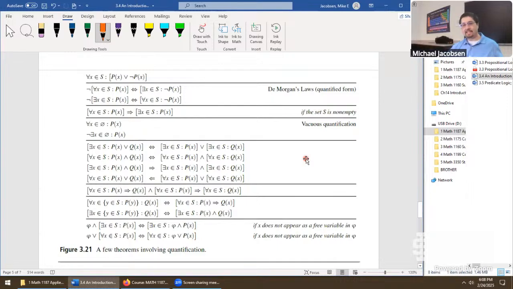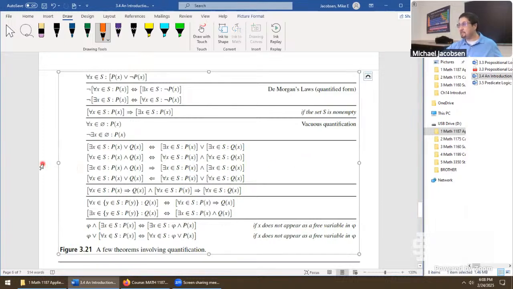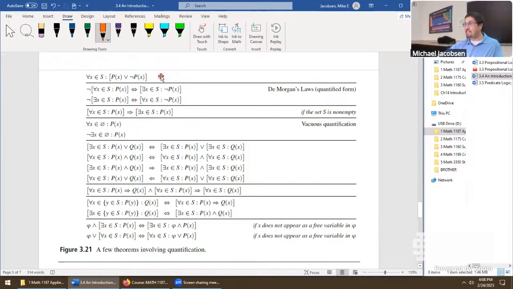Big wall of text. Well, again, these are really just screenshots out of the textbook reading. Sometimes it's nice to have these all in one spot, but this is not necessarily a list of things that you have to have memorized, just a sequence of examples pretty much. We mentioned for a lot of these things, these are theorems, meaning these are statements that are going to be true for all the values of X in S, and the values of the predicates P of X or Q of X if they occur in any of these. So these are statements that would always be true in the sense that we say here on the very first one, for all X in S, P of X or not P of X, that's got to be something that's always true,